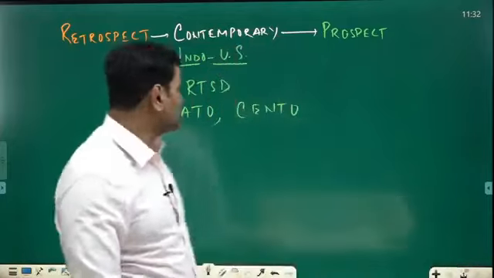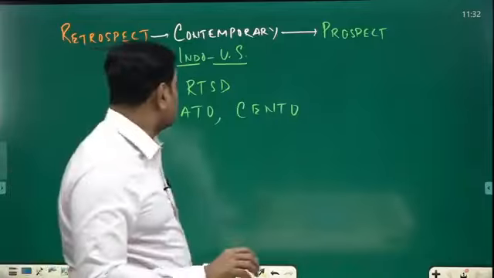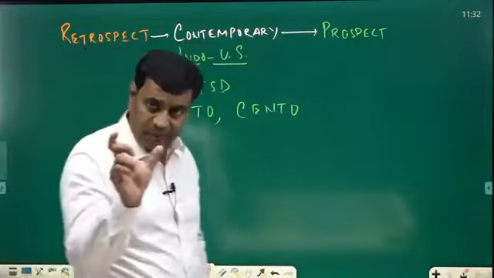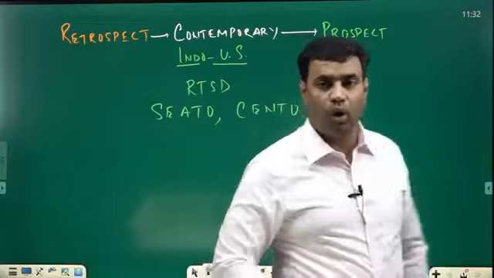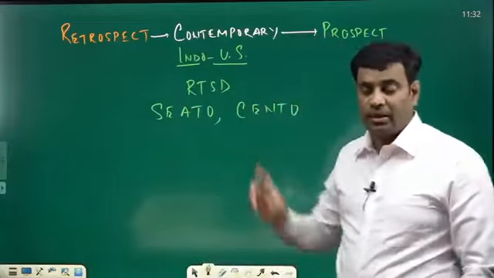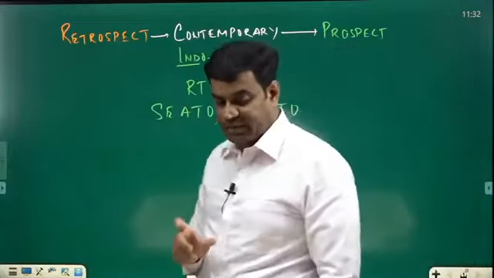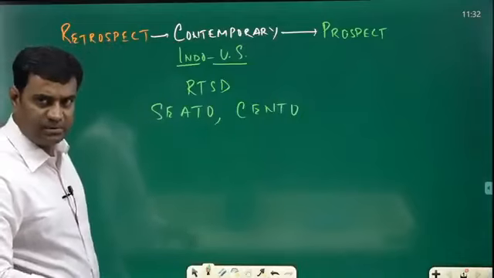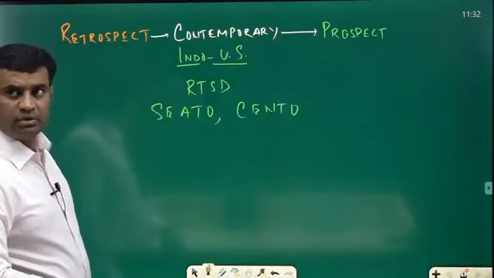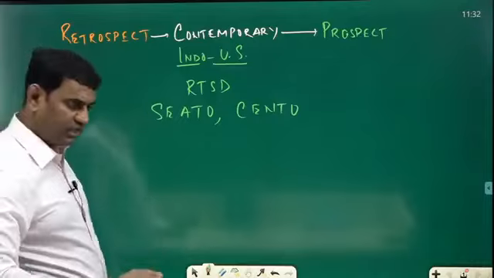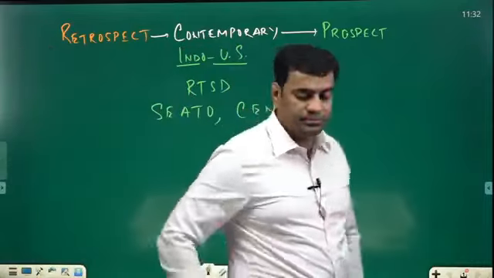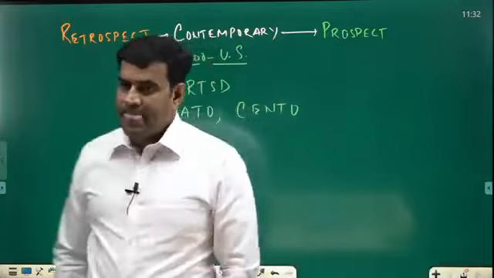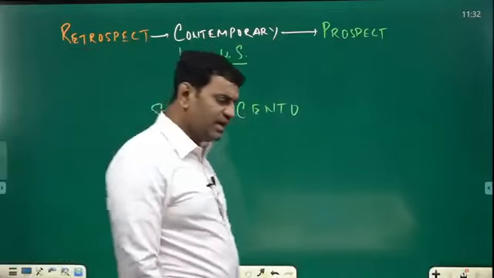Clear. Now coming to SEATO, right? Historical. Okay. Indo-US relationship, and write the subheading as retrospect. Always follow this strategy. Clear? Retrospect, that is the past. Write the introduction first. Clear? Retrospect. Right. That Indo-US relationship